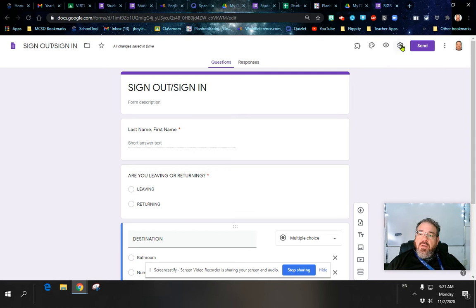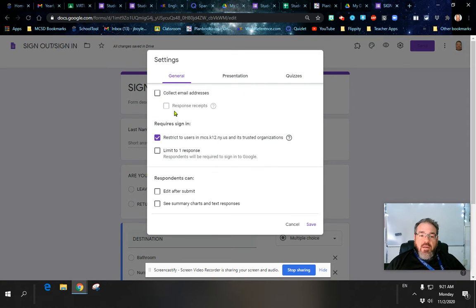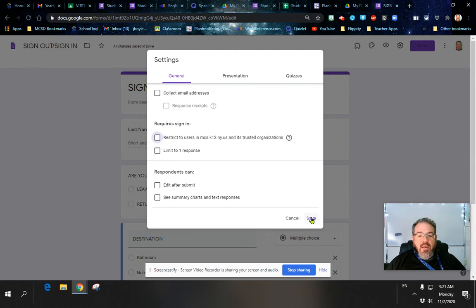So what you do here is go to the gear, click the gear. If you're unfamiliar with how forms work, I've had some trouble in the past with this box being clicked because if a kid's not using a Chromebook and they're not logged into their school account, it doesn't work. But here's the thing, no kid is going to be using any other device except for a Chromebook to do this. So I think you can leave this box checked just in case as an insurance policy. If you ever have a problem, just unclick this box, click save,